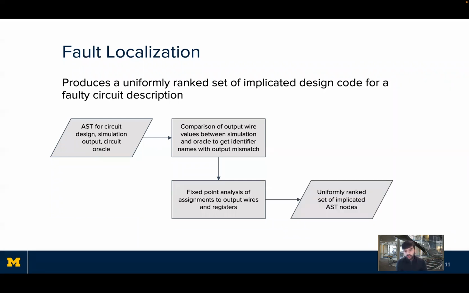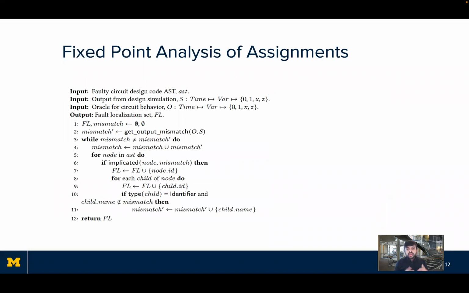And then following the fixed point analysis, the CirFix fault localization approach produces a uniformly ranked set of implicated AST nodes that are all likely contributing to the bug. That's basically how our fault localization approach works. Focusing a little bit more on the fixed point analysis, where I said the bulk of the work lies,